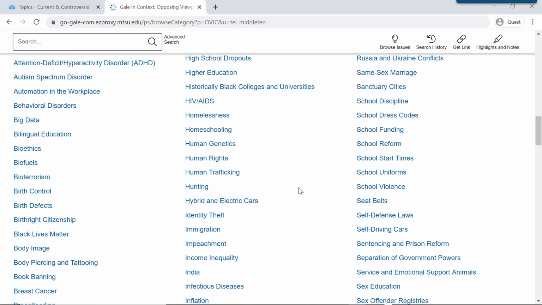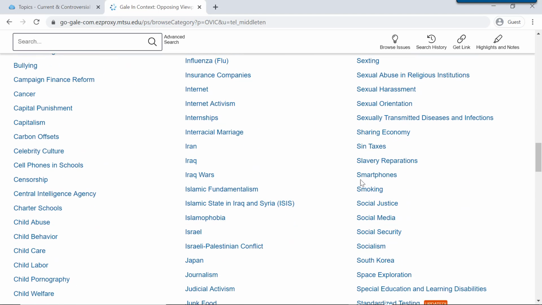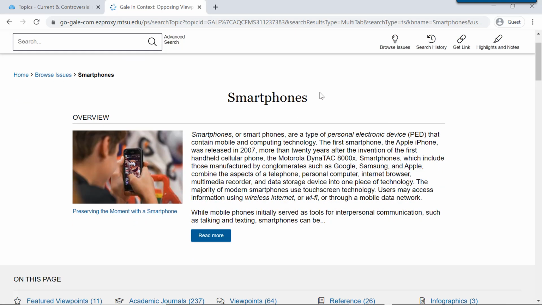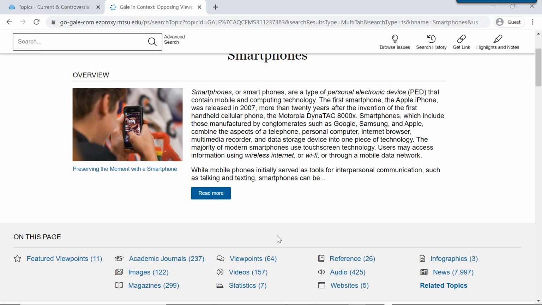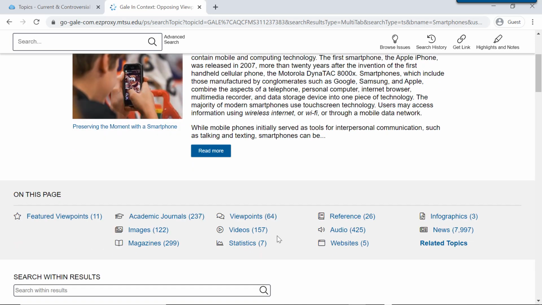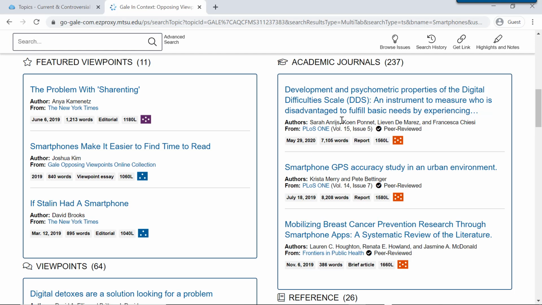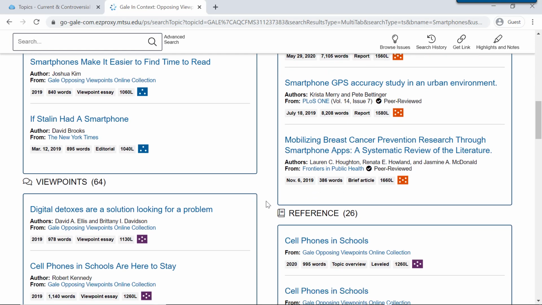So just as an example, let's click down here on smartphones. Now, smartphones is a very big topic, and here at the top you can click on this overview to read some broad information on it. But if you're going to do a research paper on this topic, you're going to have to narrow it down quite a bit. So scrolling down here, we can see that Opposing Viewpoints has a lot of information of different types,